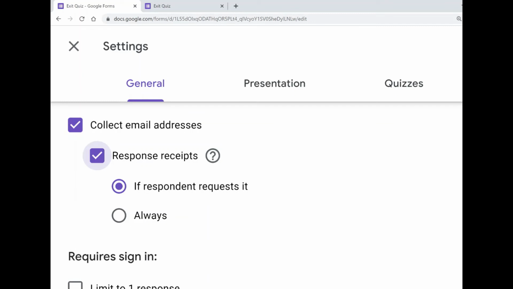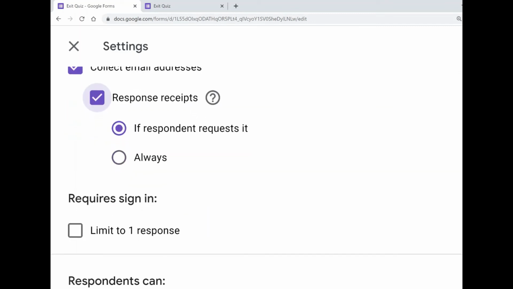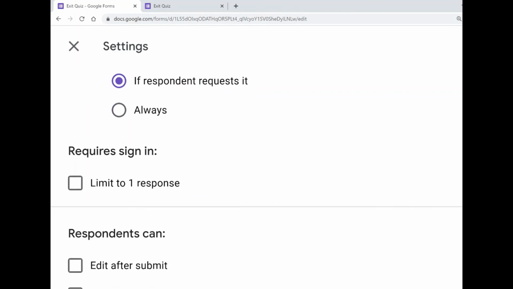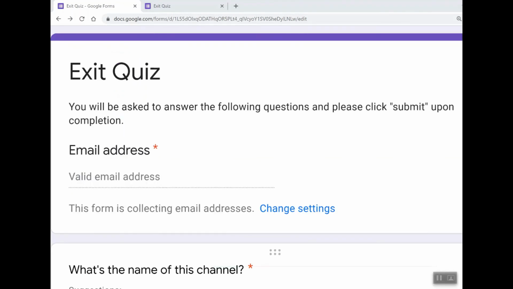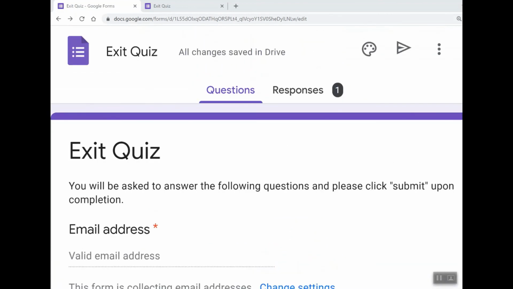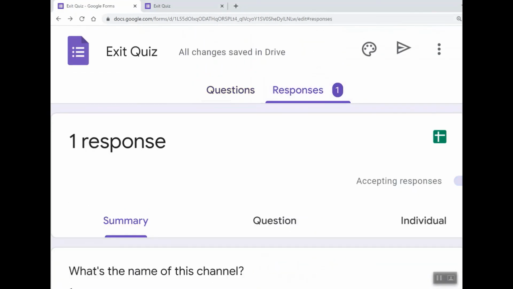You can adjust settings as you prefer, and then you can click Save. Now, you'll see the mandatory email address section is automatically created here. As soon as they submit their responses, you'll see the results immediately by clicking Responses.